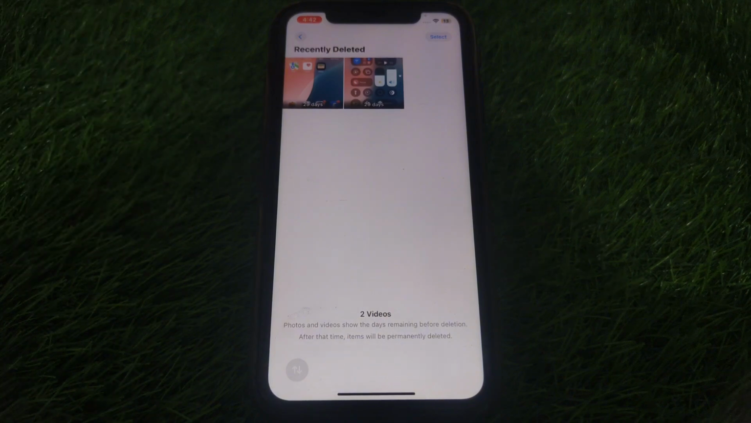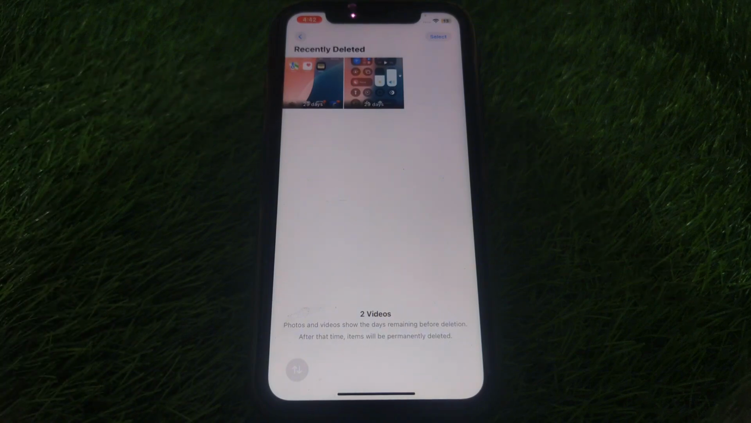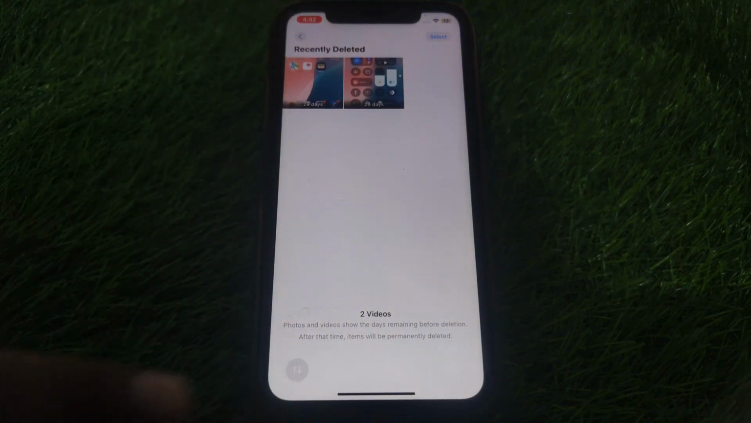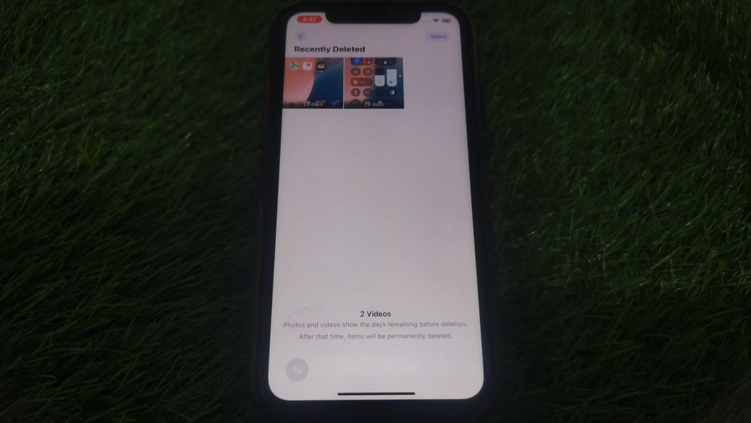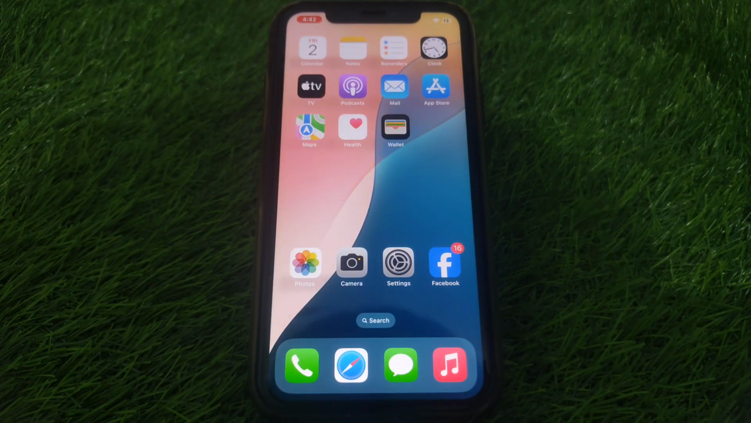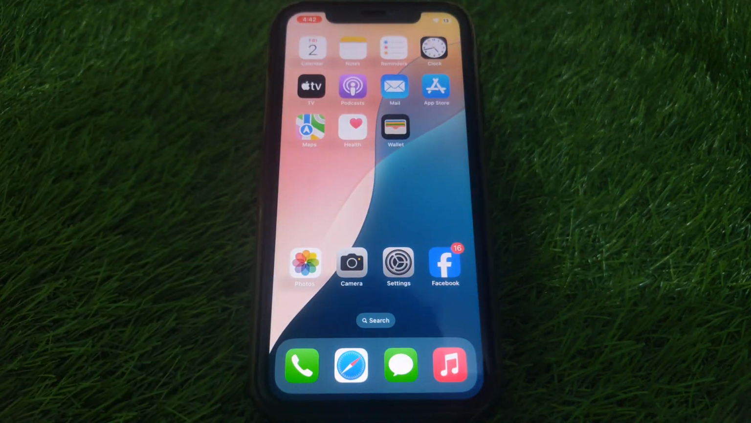Here you can find all of your deleted photos, and you can also see that 29 days is written, which means I deleted those two photos one day before. If 30 days have passed and you want to recover those photos, here it is written that photos and videos show the days remaining before deletion. After that time, items will be permanently deleted. So here you can find all the deleted photos and videos, but you have to make sure that it has not been 30 days for the photos or videos